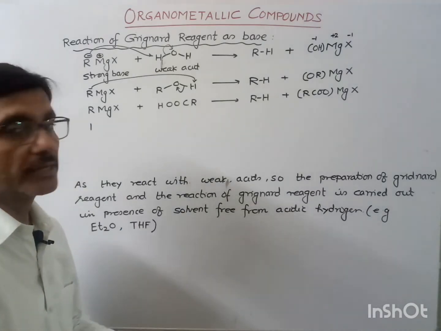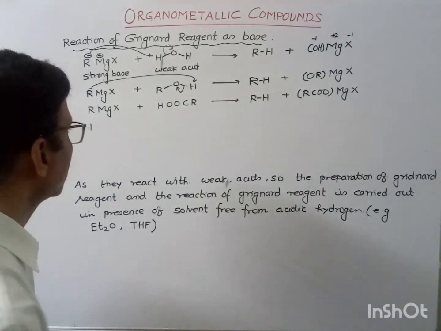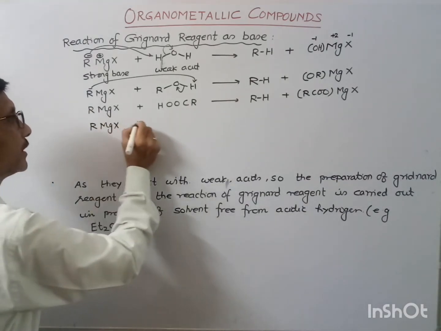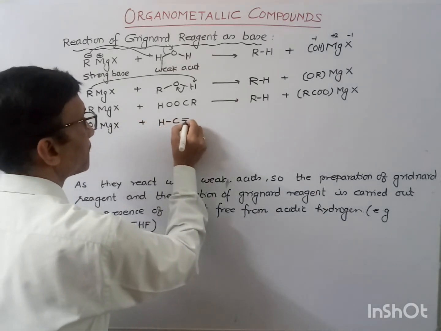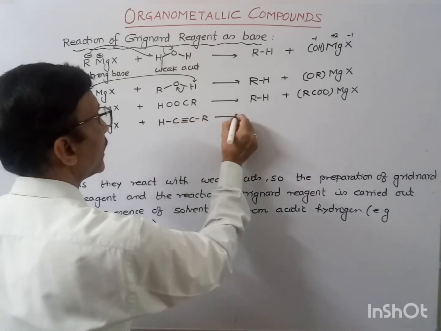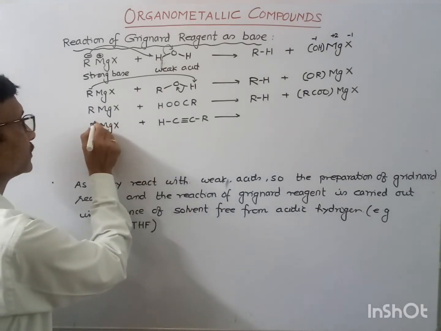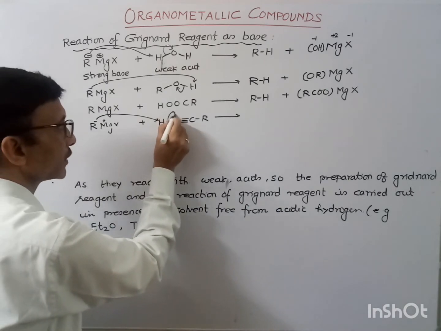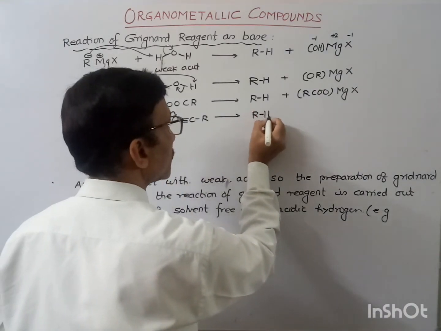So terminal alkyne is also a weak base because it is having the acidic hydrogen atom. So if we have this RMgX, that may react with a terminal alkyne. So this is terminal alkyne and it is having one of the acidic hydrogen over here. So this base will abstract this proton over here, the minus charge comes over here, and we have